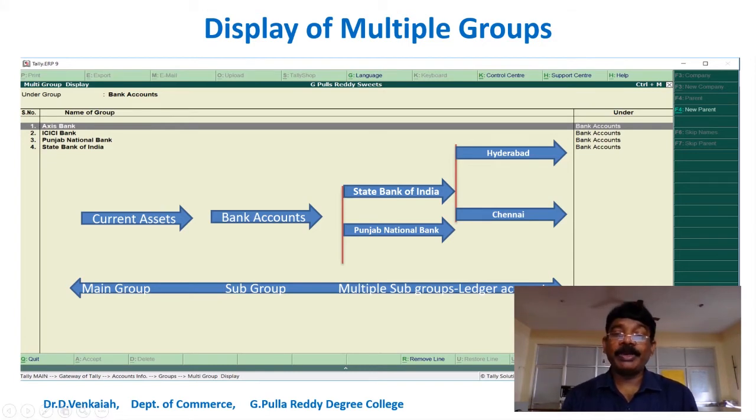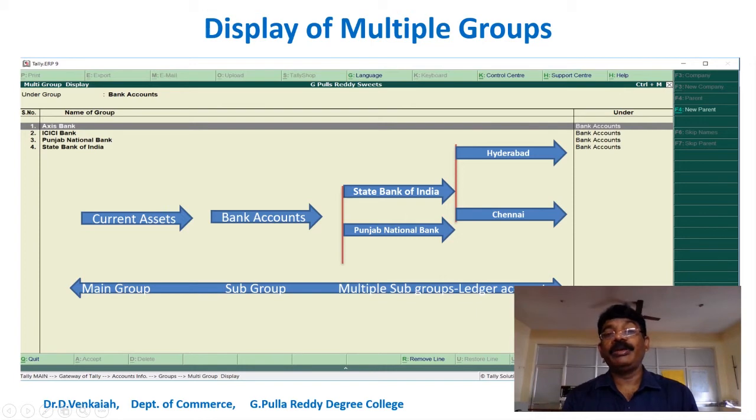So for that purpose I created four bank account groups under the main subgroup of bank accounts, and those were displayed. These four subgroups are displayed under multiple display.